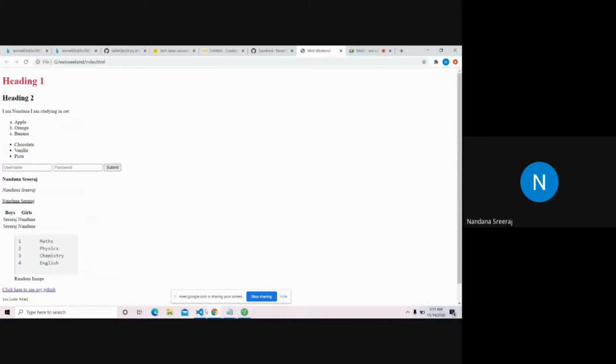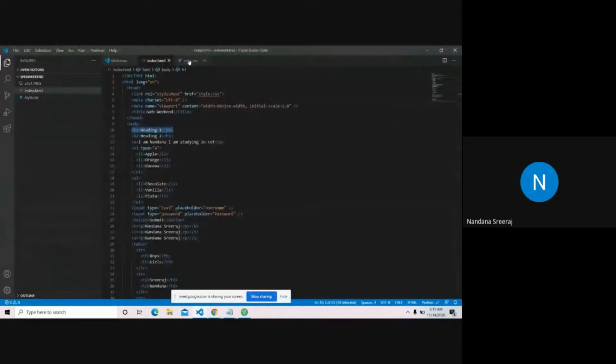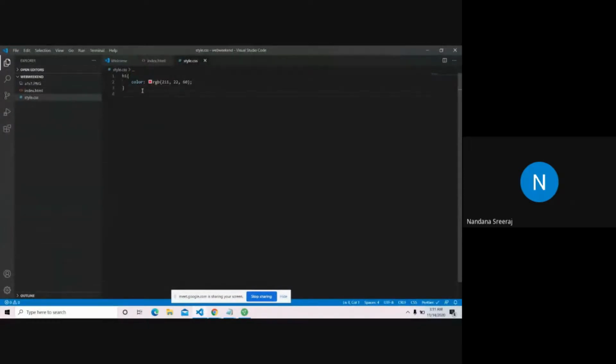And how do we go about the paragraph tag? What if I want to change the color of the paragraph tag? Then I'll just specify p instead of h1. Whatever is the tag name, you have to give the tag name, and then you have to give the attributes within the curly brackets. So we'll change the color to some dark magenta. Yeah, and we'll see.